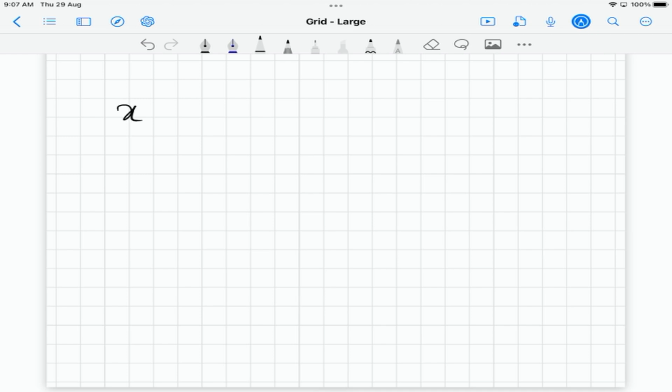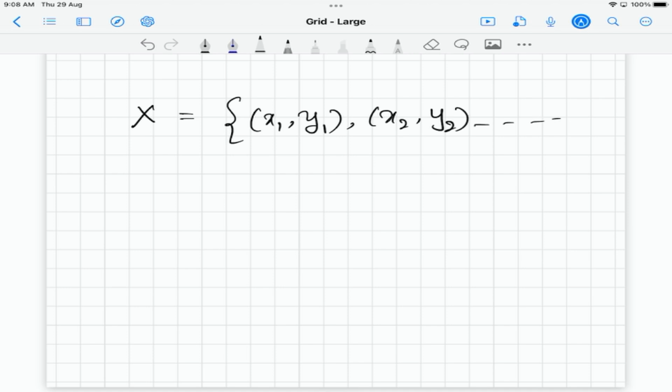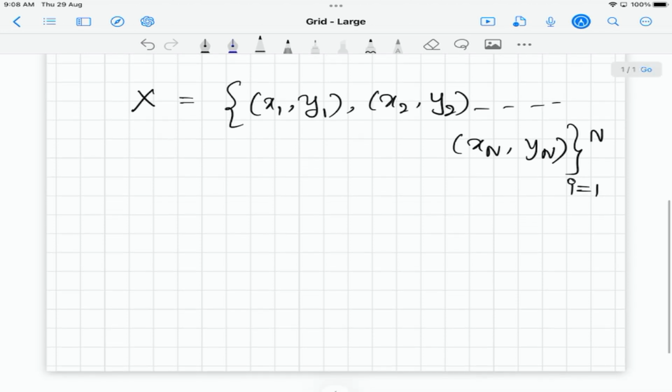So assume that you have a labeled data set, and this data set given to you we just denote with D,